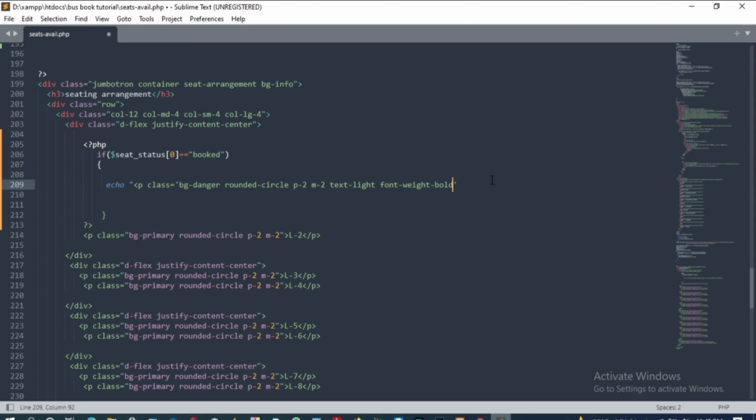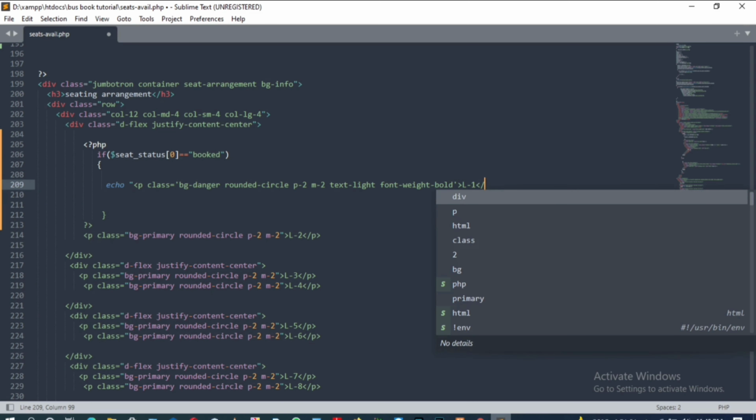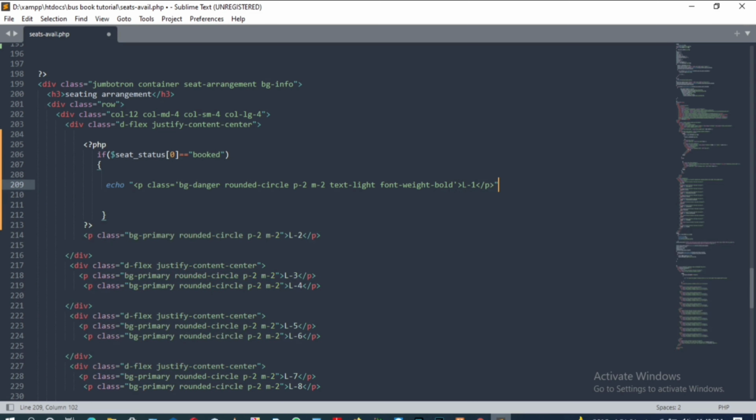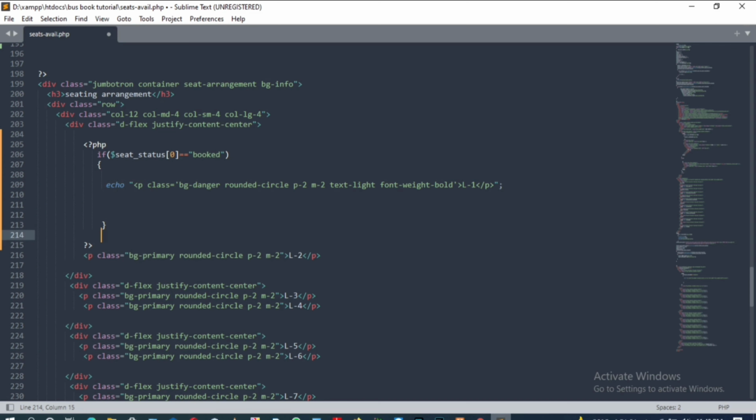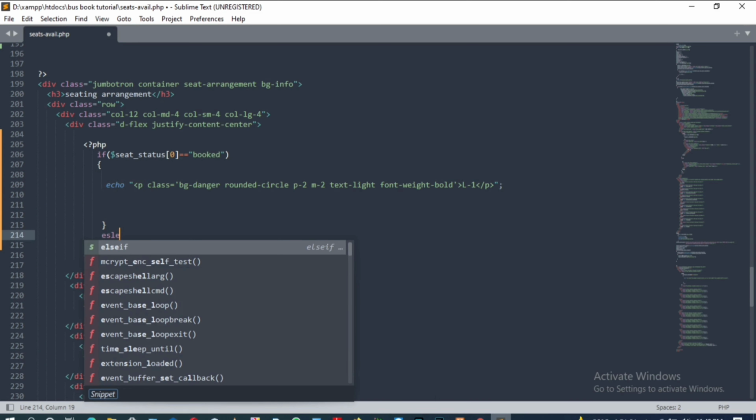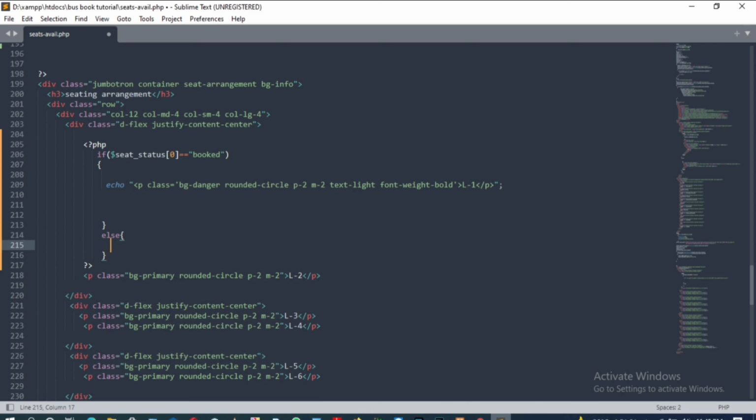And the content will be L1 and the p tag will be closed. This condition is for seat status, that is booked. Okay, now if it is not booked or it is empty, available for booking,